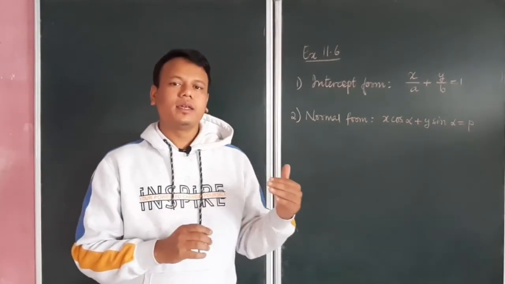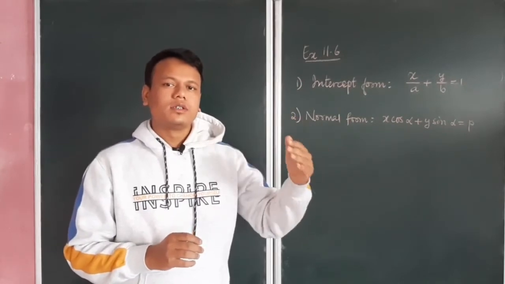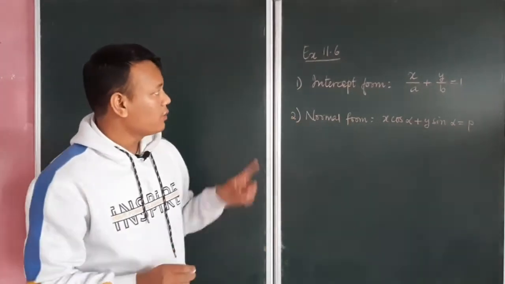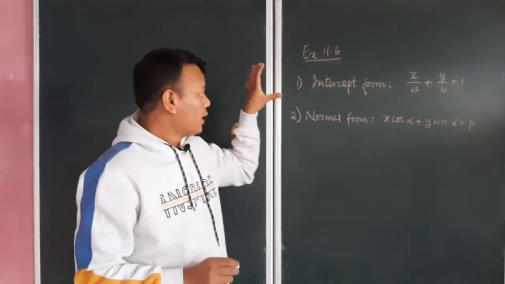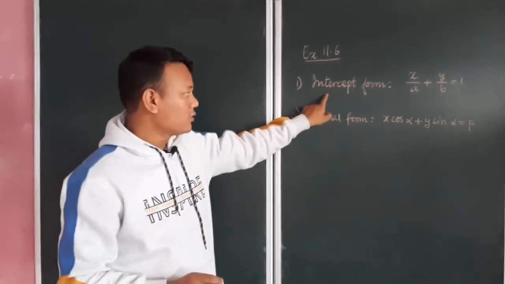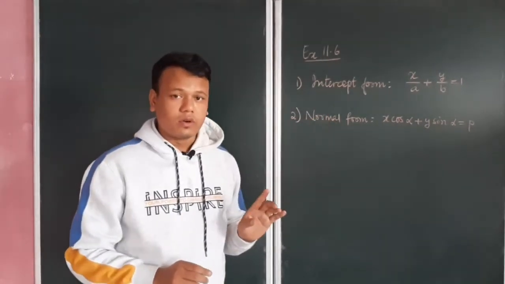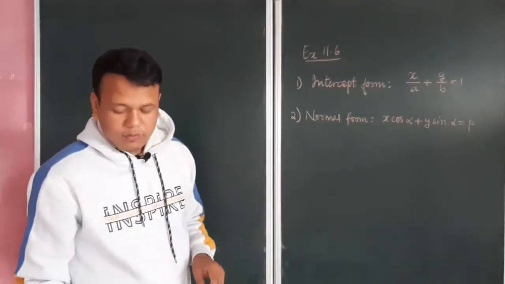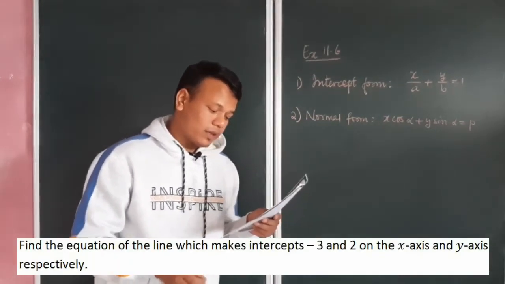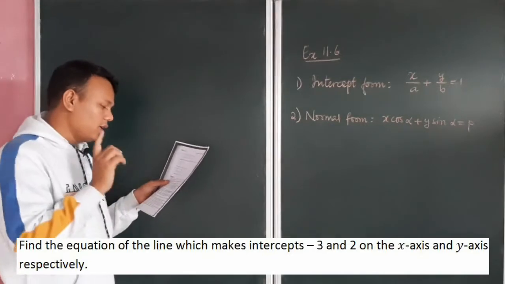So after having learned the various forms of equation of a line, today we will take up 11.6, and today we are going to see only these two forms, that is intercept form and normal form. Okay, so let us begin with question number 1, which says: find the equation of a line which makes